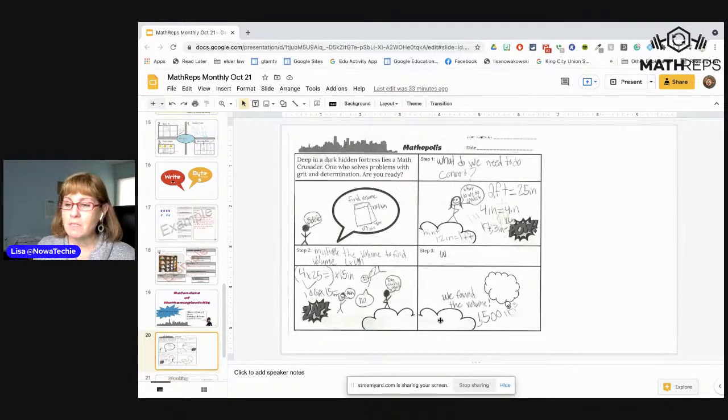So these little bubbles in the bottom corners are for hints if teachers want to. So my hint was 12 inches equals 1 foot. That was my only hint for them. And then, we just kind of worked it out, and they could draw their own character, making themselves the heroes,